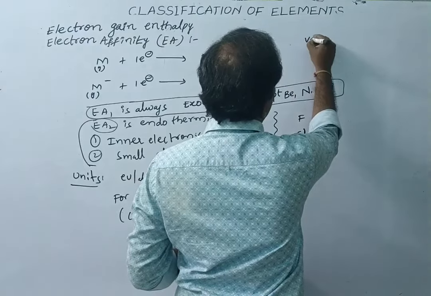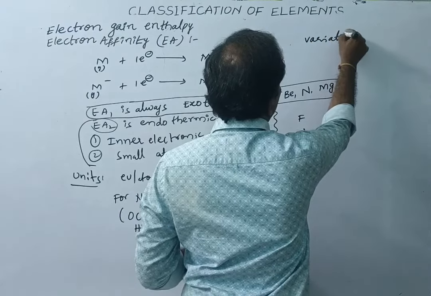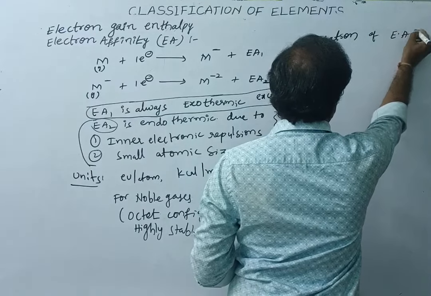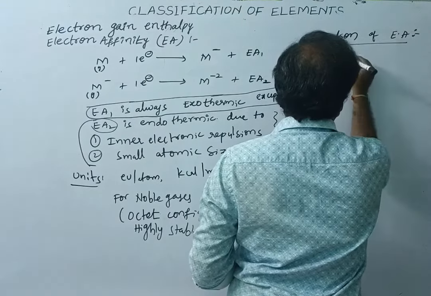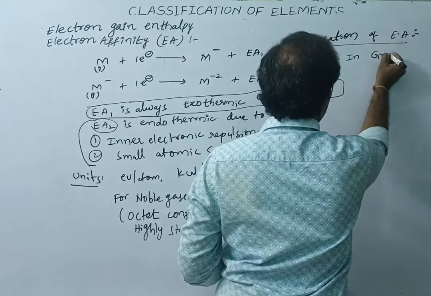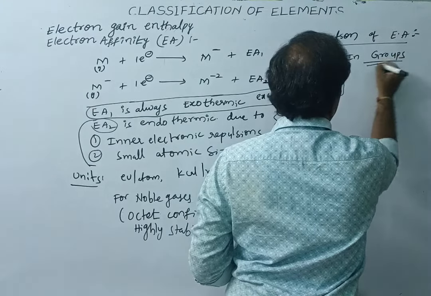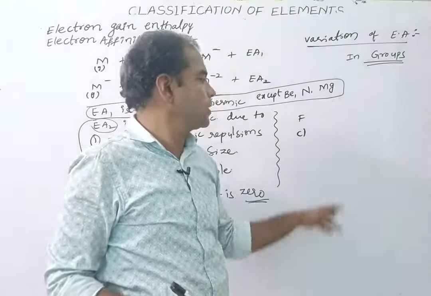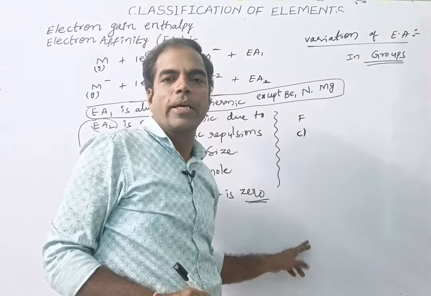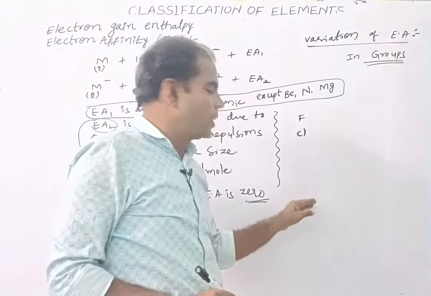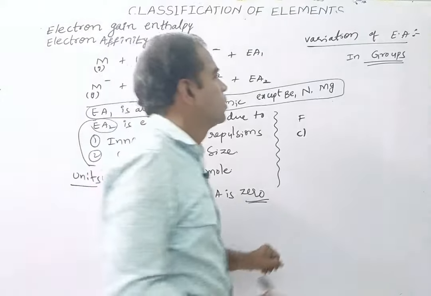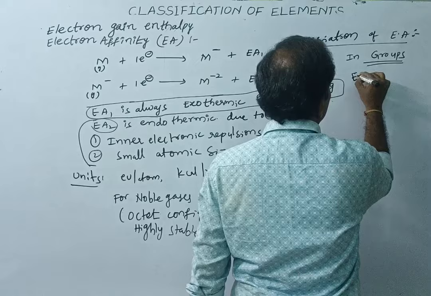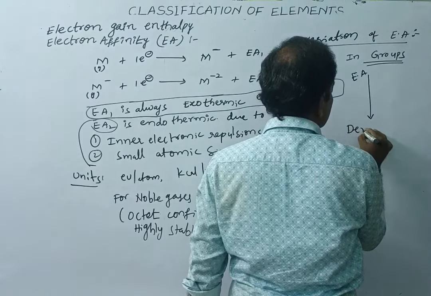Variation of electron affinity in groups. In groups, what happened? Down the group, atomic radius increases. As the atomic radius increases, electron affinity decreases. Why? Because to add an electron, less amount of energy is released. Down the group, electron affinity decreases,